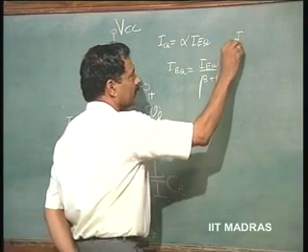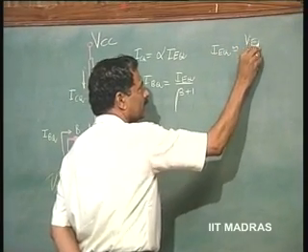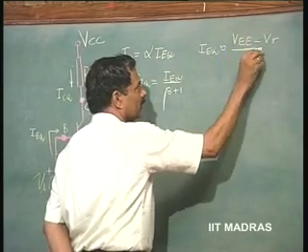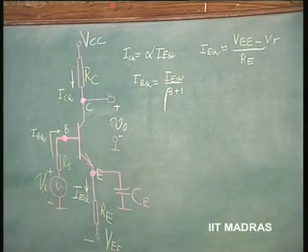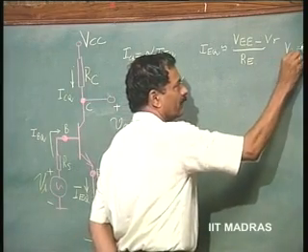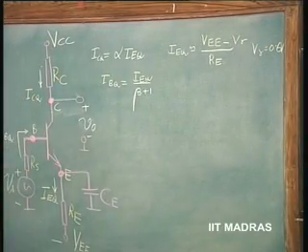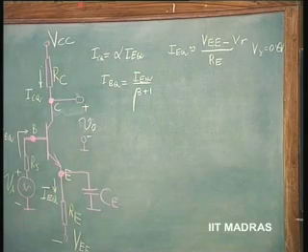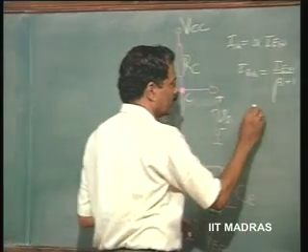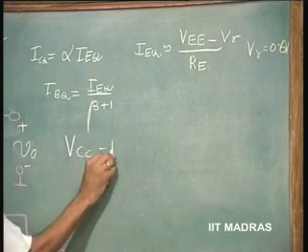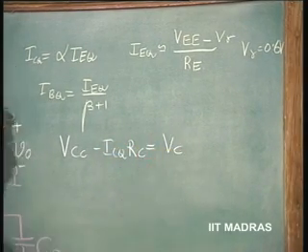and IEQ is going to be very nearly equal to VEE minus V gamma divided by RE, V gamma being typically 0.6 volts. So, this is what we had biased the transistor at. The voltages VCC minus ICQ RC is equal to VC